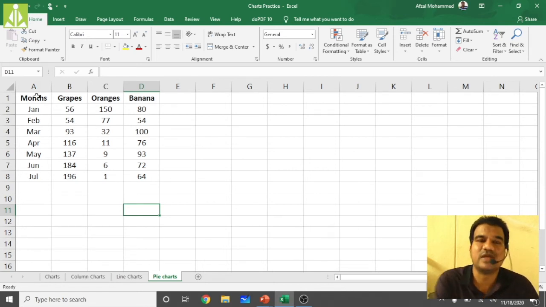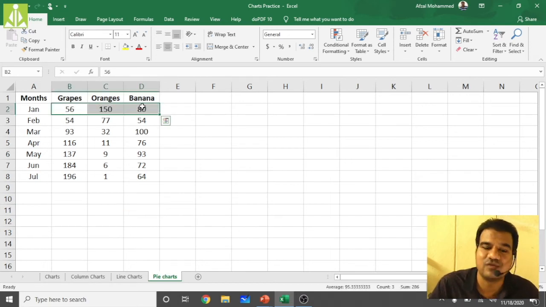The reason is very simple, because whenever we are drawing a pie chart, we are doing it to 100%, isn't it? Whatever production values we have over here, this entire thing, if you consider it as 100%, how much is 56? How much is 150? How much is 80? Like that we will show.